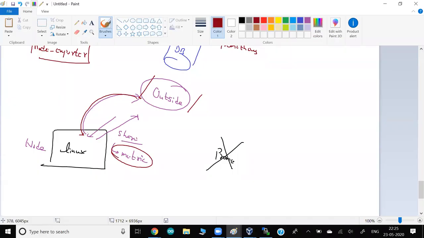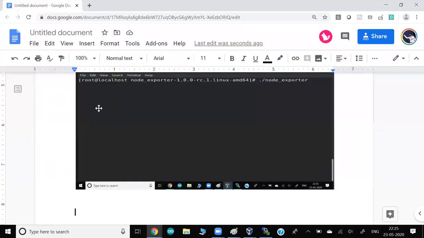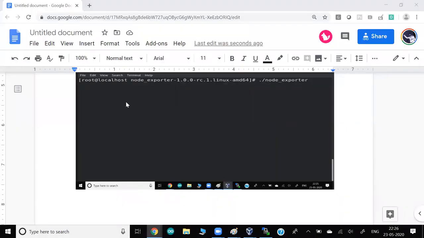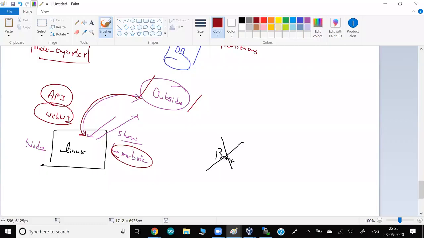And how do they come? Technically, internally, they have their own simple web UI, which is known as an API, meaning only one single page where they are sharing everything. By default, they're using a port number, 9100. You can change the port number, but this is the one they use. As soon as you run this program, they start sharing. That's called exporting on port number 9100. I don't require any Prometheus server. Anybody can run this program and start sharing.